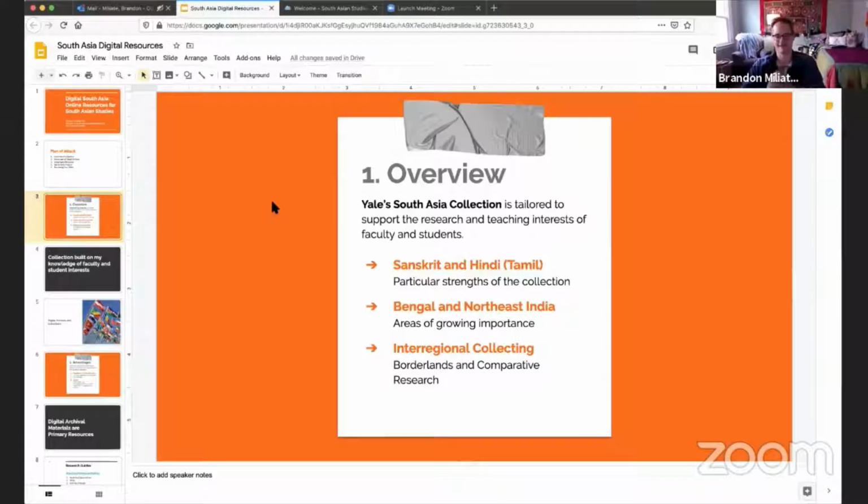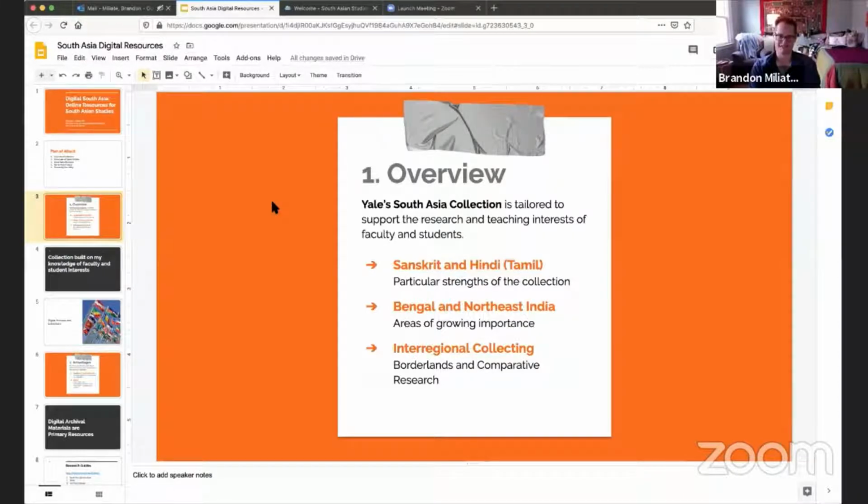to support what used to be a teaching emphasis in the program. I should also add that beyond languages like Sanskrit and Hindi, we've collected quite an impressive collection of religious studies materials, especially related to Jain studies and to support the research of faculty more broadly as well. So Jain studies, as well as Hindu and Islamic texts and things like that, are also prominent in